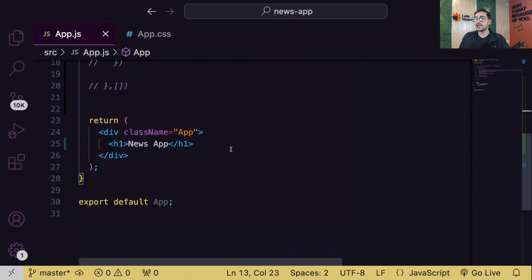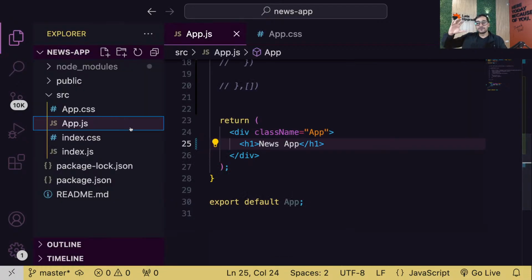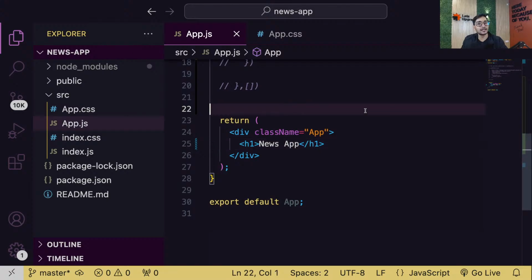Okay, so let's go, everyone. First of all, let's focus on the design. Now, guys, see, we are going to be having multiple news items, right? So we'll create blocks for every news item, and a single block will be my component. So let's create a separate component for a news article.